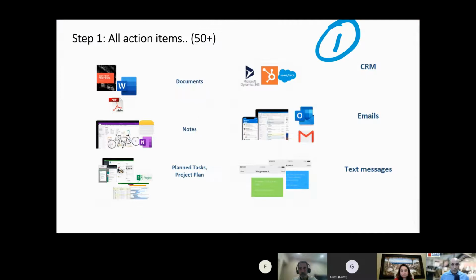Okay. So these are all the ways I am getting things. That is proposals or reference documents I have to review. I have some kind of notes, some planned action items. There is a CRM or ticketing system.